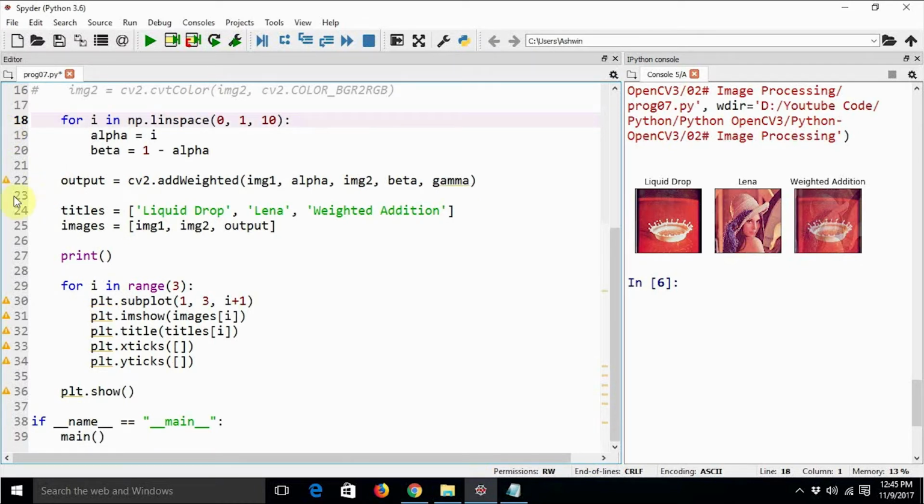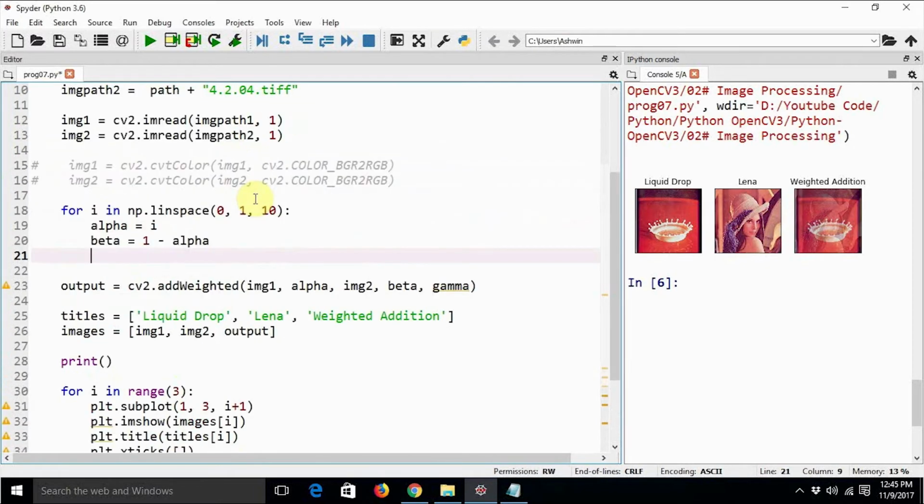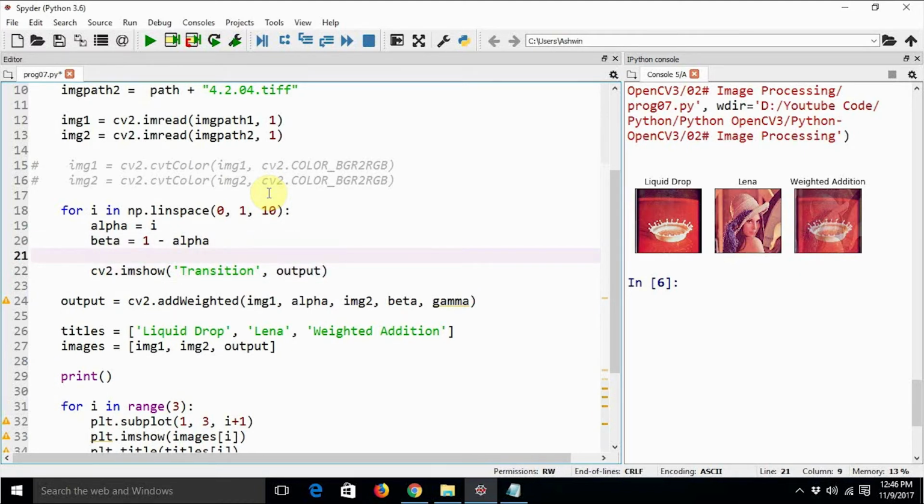So let's show the image. Showing the image is going to be very easy. Just say cv2.imshow of transition, comma, output. We haven't defined output yet.